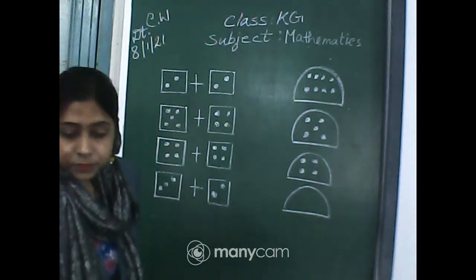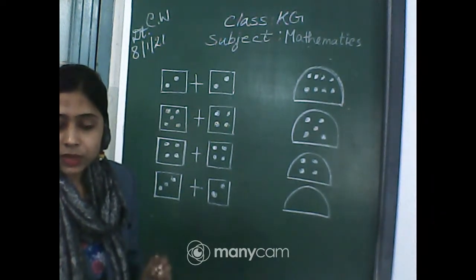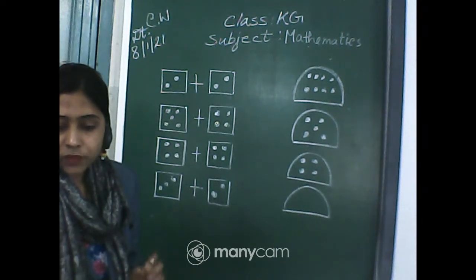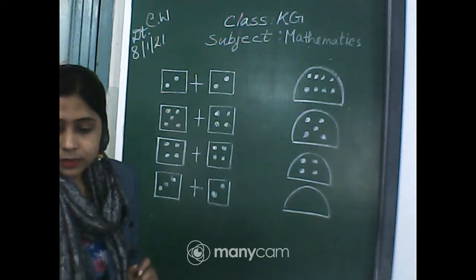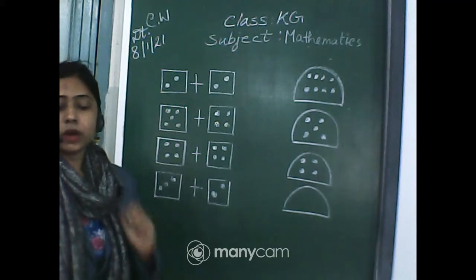Okay, so Shomrik and Ankita, please turn off your video, put off your cameras. Ankita and Shomrik, please put off your camera. Thank you, Shomrik and Ankita. Thank you, beta.